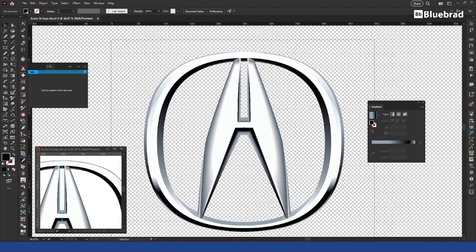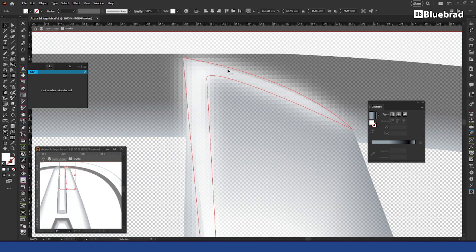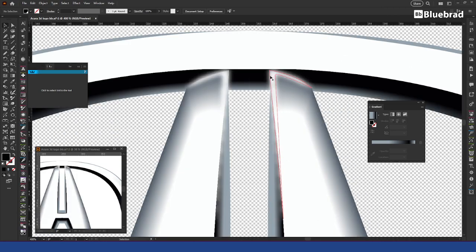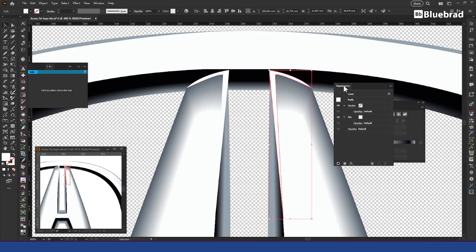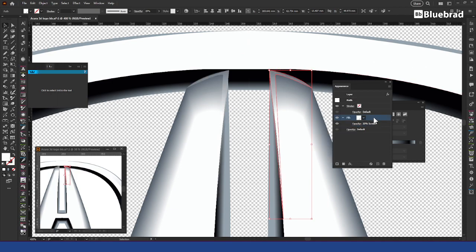You know what? I'm actually going to do a little bit different on those highlights before I expand it. So these highlights here that I have, yeah, I have two of them. Instead of Gaussian blur, what I'm going to do is with the fill selected, I'm going to do the opacity. I'm going to do screen, and it's going to be 20%, right? Then I'm going to do duplicate,